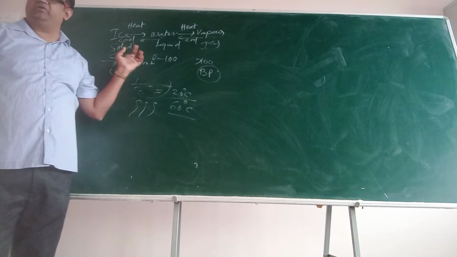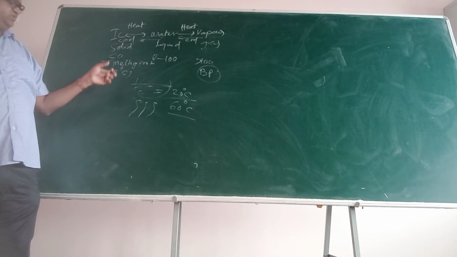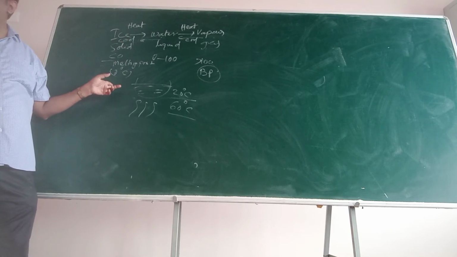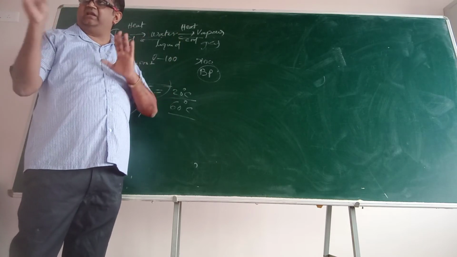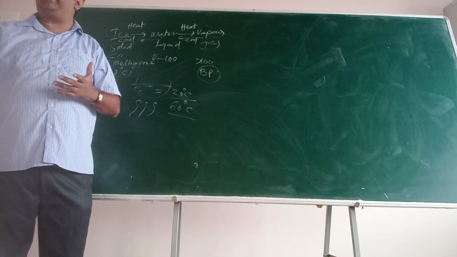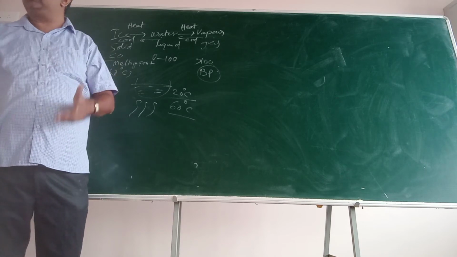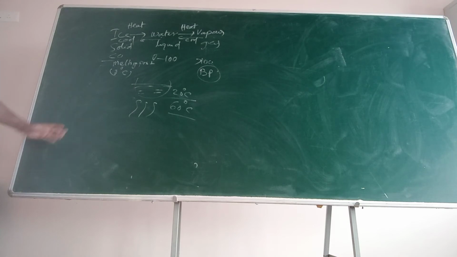So in a question when you see melting point, what does it mean? Solid becomes liquid. 0 degrees Celsius. We are talking about water. Boiling point 100 and above. Till 99 it was liquid only. The moment 100 came, it became vapor. More than 100, steam, basically vapor, right? So this is the point.